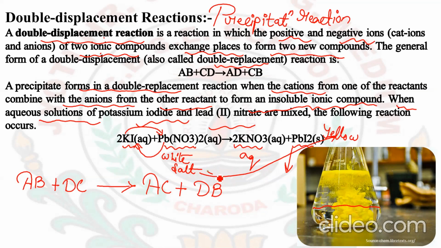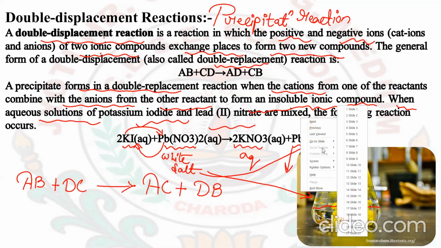You can see this thing in this picture. So this type of reaction is known as a double displacement reaction or precipitation reaction, because the precipitation will be seen here. And the displacement is done here in the form of a replacement reaction. It means the cations and anions will replace each other between the two compounds of the reaction.